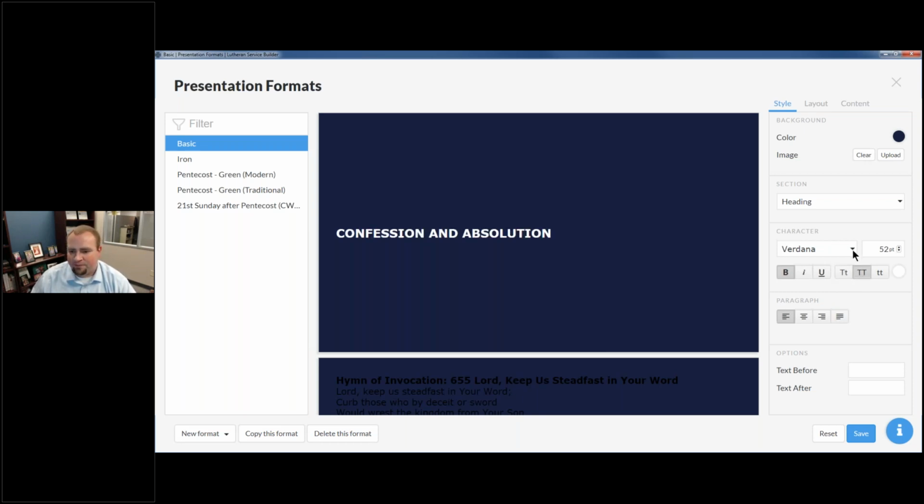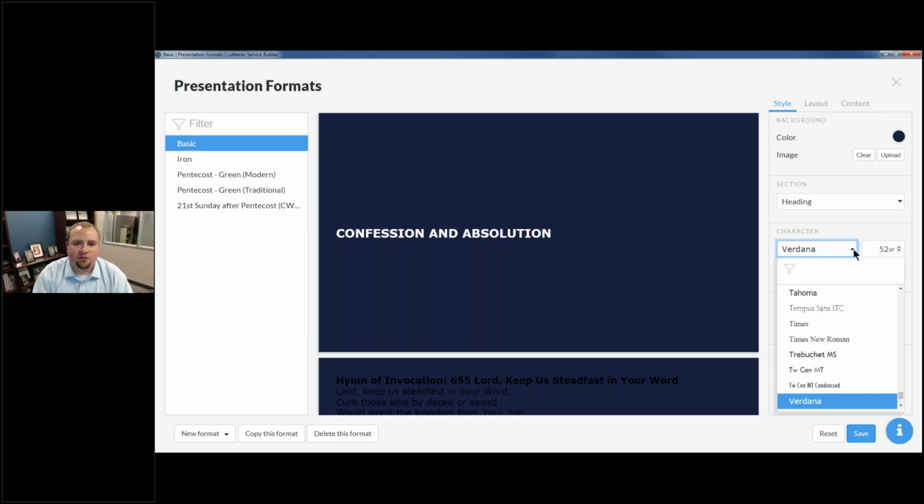Now, I'm going to change the font. So under fonts, this is where it gets a little tricky. And it shouldn't be tricky because it's fonts. Everybody's used to changing fonts on an email or a Word document. Well, with a web application such as Lutheran Service Builder, you can only use the fonts that are on your computer. Now, that's true for word processors as well. But the difference with the browser is that the browser can't read what fonts are available on your computer. The programmers have to choose what fonts to give you. There's a whole story I could go into about web-ready fonts versus non-web-ready fonts, but regardless, our team has done their best to